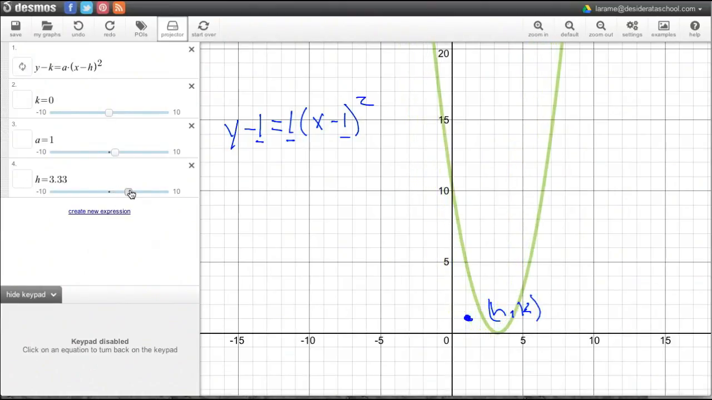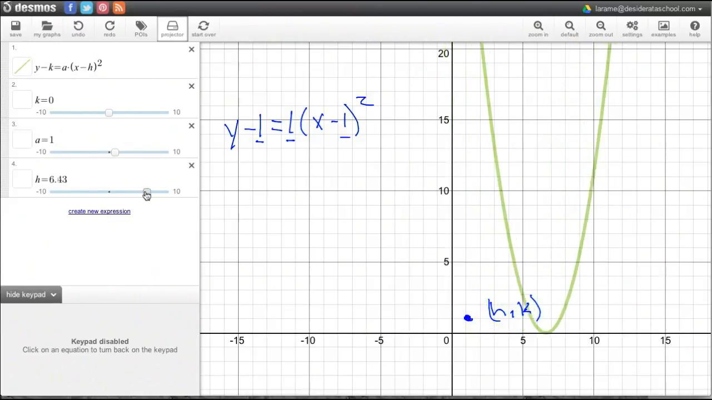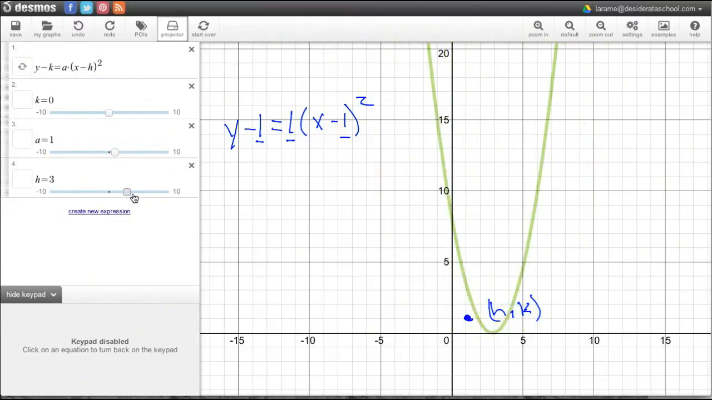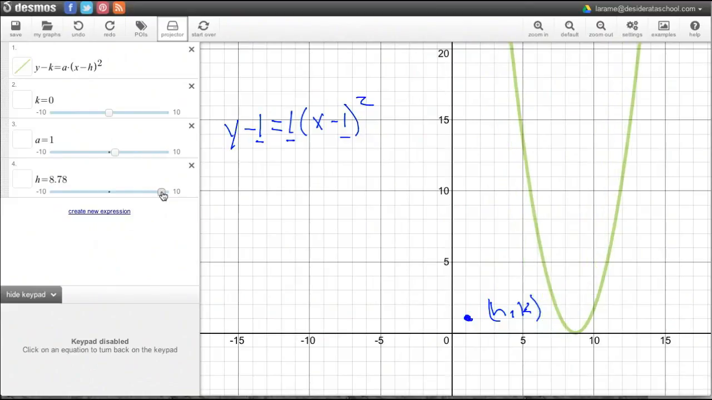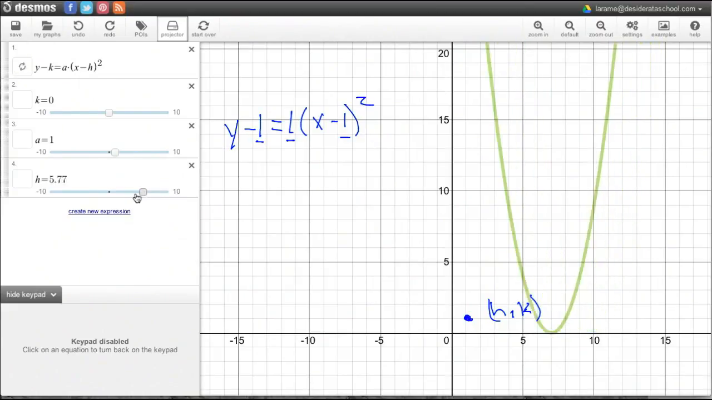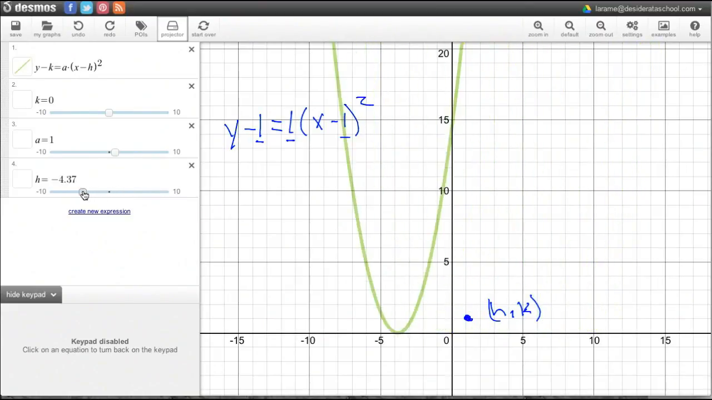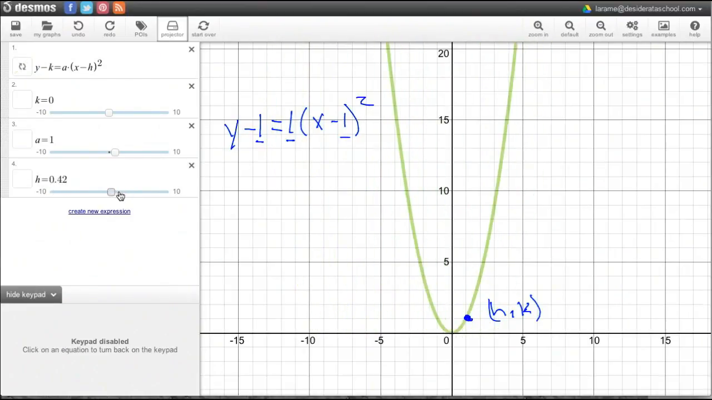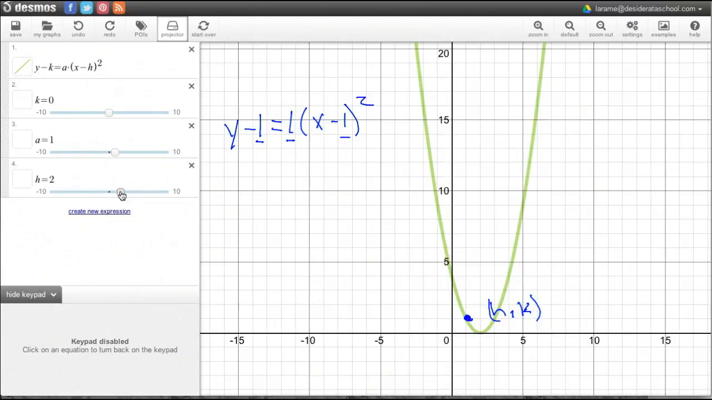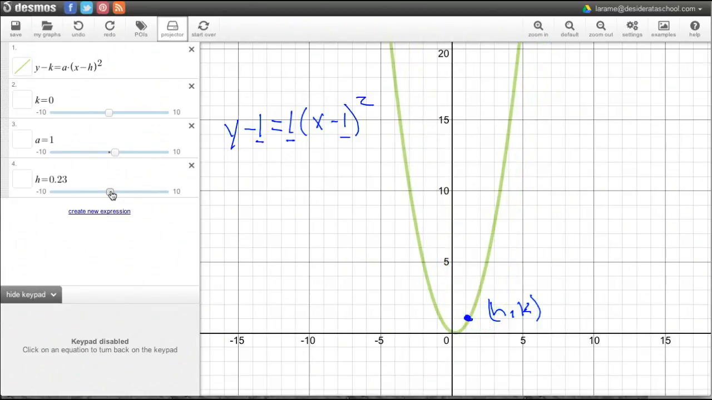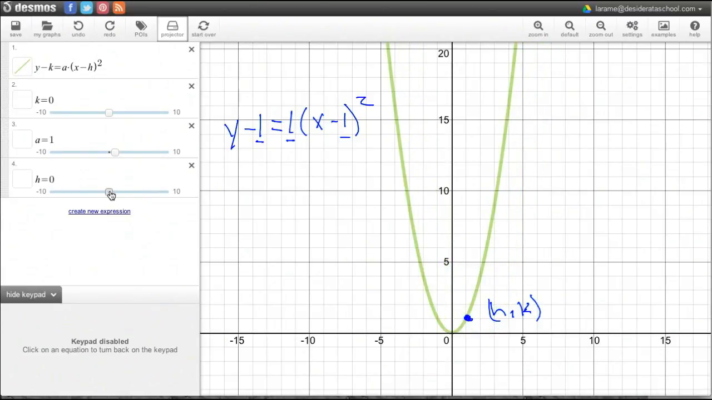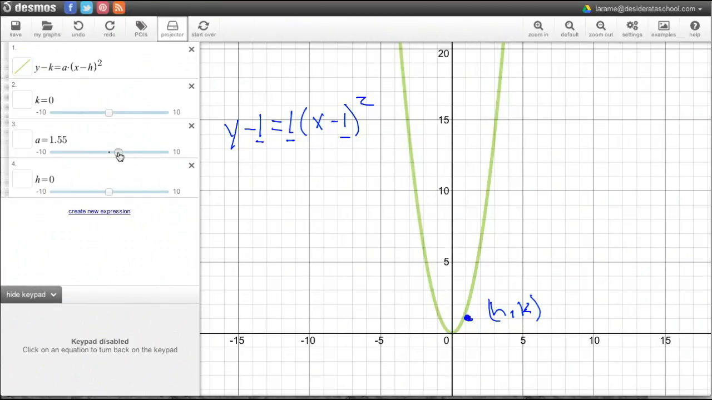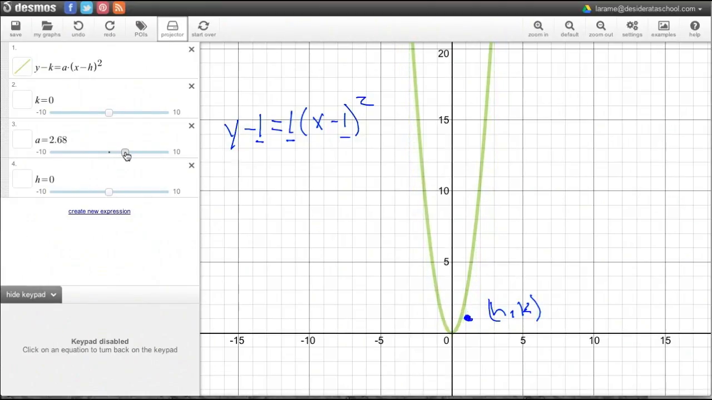Now, h is the variable that's associated with x, which is our horizontal location. So as h gets more positive, our parabola slides to the right, and as h gets more negative, our parabola slides to the left. So I think that makes pretty good sense. So as long as we're adding or subtracting a number inside the parentheses with x, we're affecting the horizontal location of our parabola. And then finally as a becomes more and more positive, the parabola gets narrower and narrower,